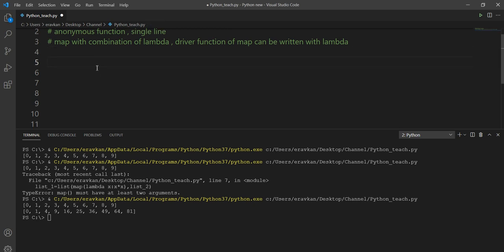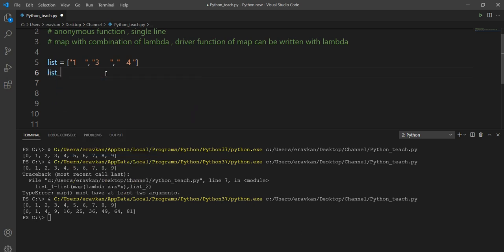Suppose you have a list. In your list, you contain elements, and those elements, suppose, have space around them. Suppose this is a string, and it has some space in its elements. So what I want to write, by using map, is to create a new list, and that list's elements should not contain the space.